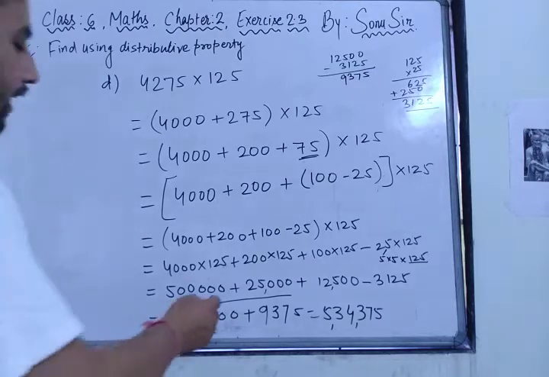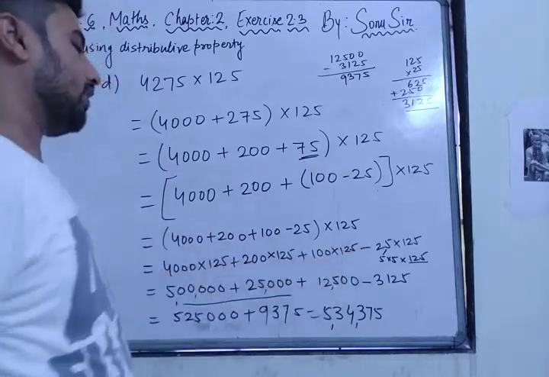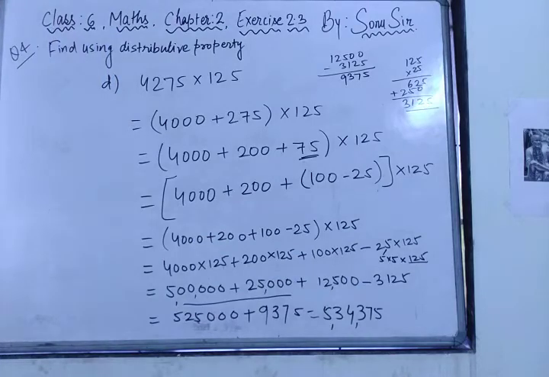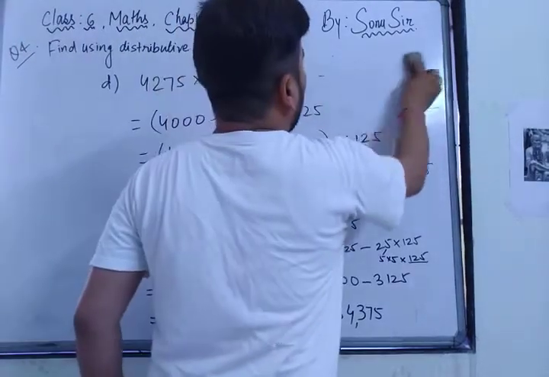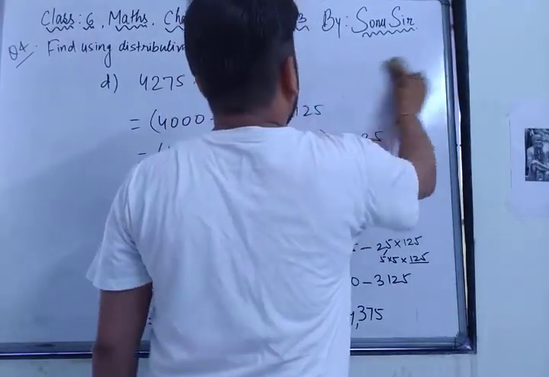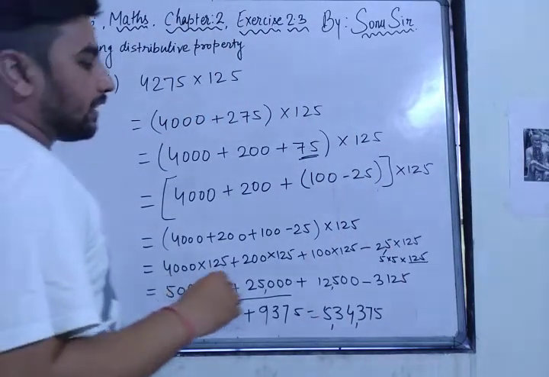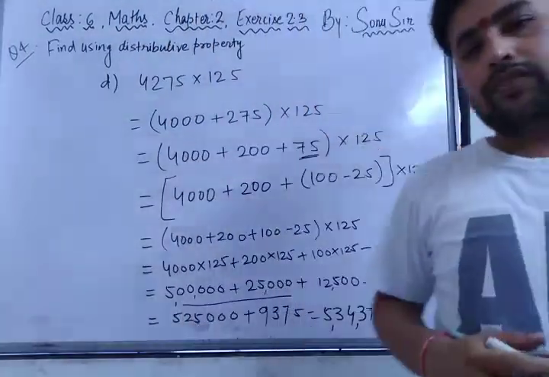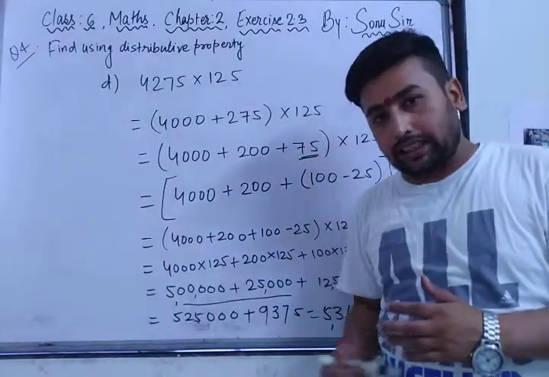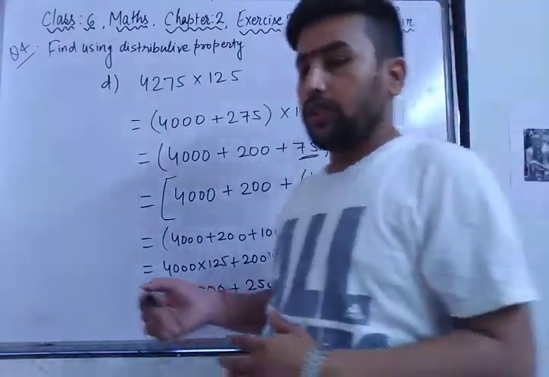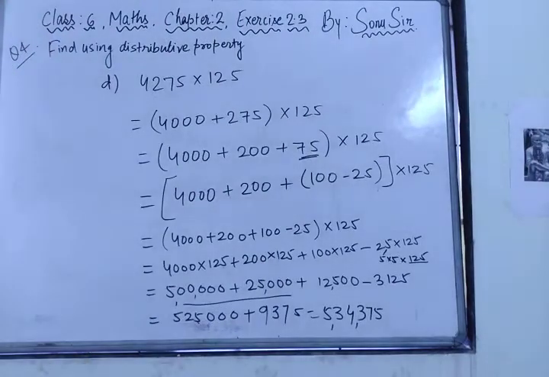Otherwise you can do the addition of all these 3 and minus 3,125. That will also be a great step. You must know the round figures, how to put a round figure, so you will know the answers. I hope all of you are understanding. If you are not understanding, then whatever steps you are not understanding, please drop those steps down so I can feel that you are really not able to understand this step, so I will explain it in the next video. And now we are moving towards the last question.